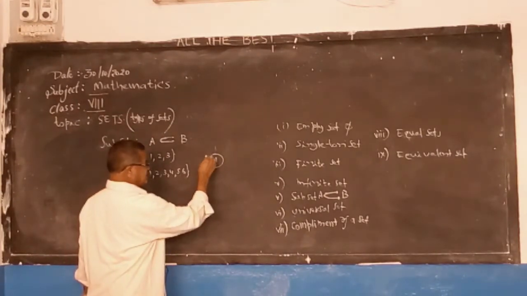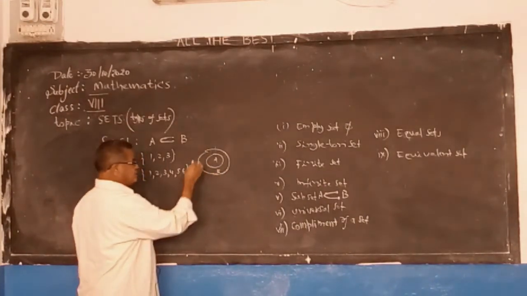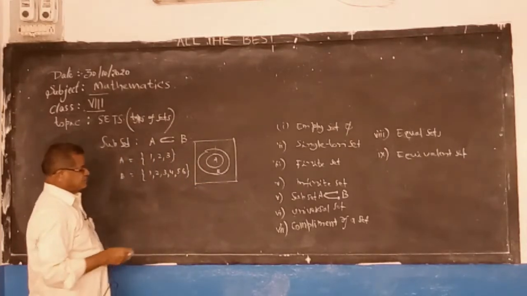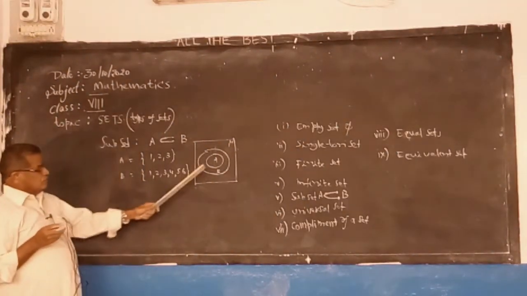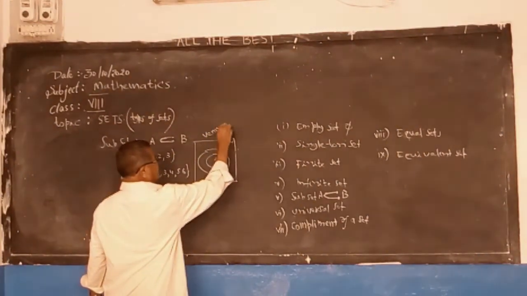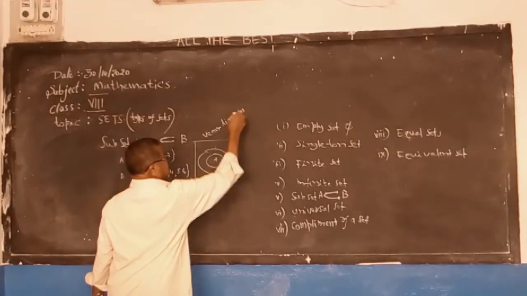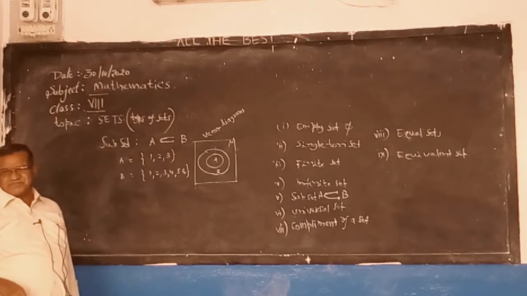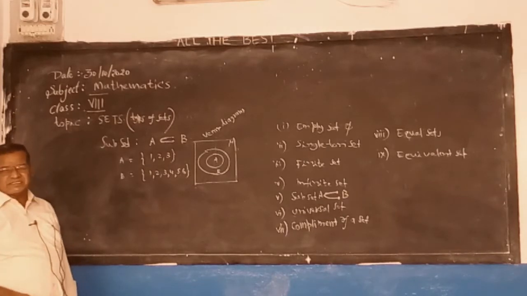With the Venn diagram: this is set A, this is set B. Set A inside B is called a subset. A is a subset. This is the universal set. We say this figure is called a Venn diagram, named after the mathematician who introduced it. It simply shows sets with circles. Here it is very easy to understand subsets.